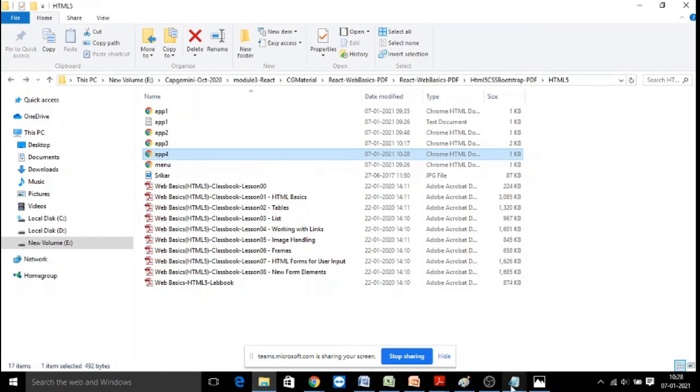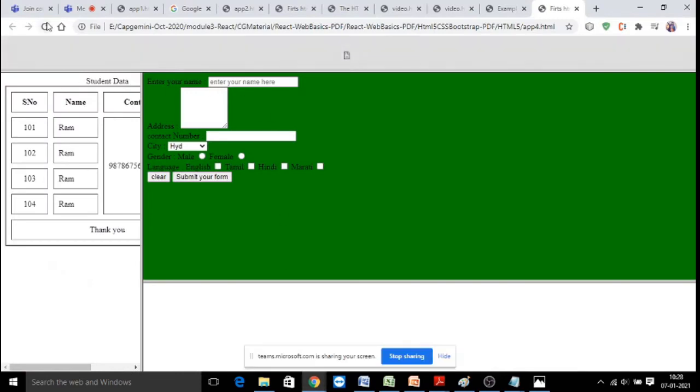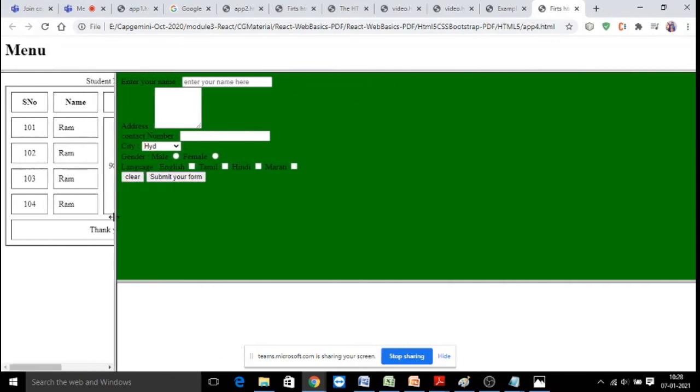Only menu, right? Just refresh. This is loaded over here, left side, right side, and that's the bottom. This is how you can create framesets.